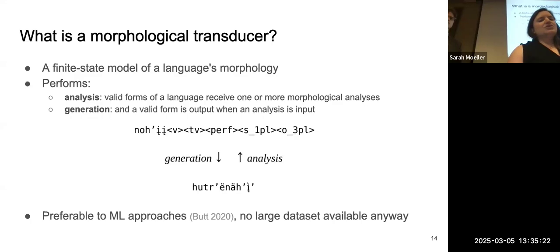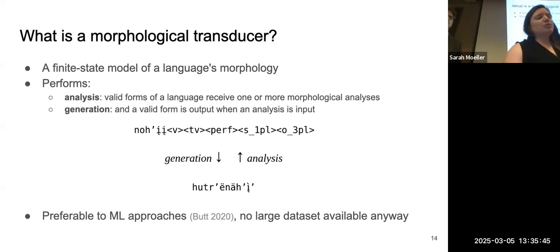For us, it's those two directions. Either you can take a form of a verb and end up with a morphological analysis of the features present in that form, or you can give the transducer the features and get out a verb form. So in this particular example we have the verb putarnachni, and if you feed that into